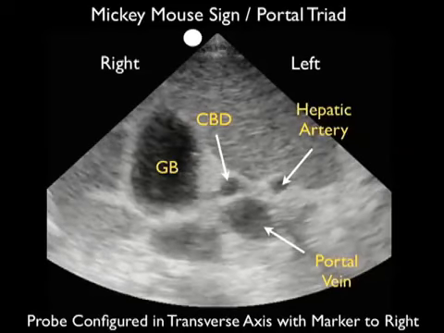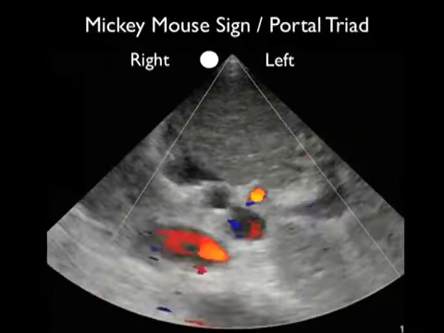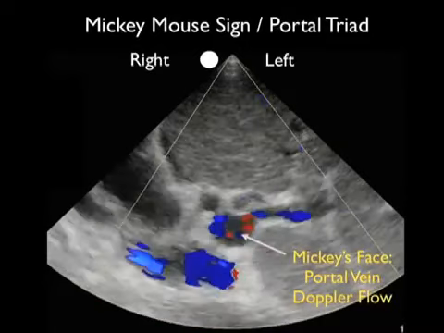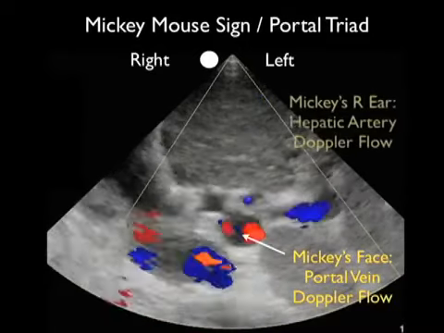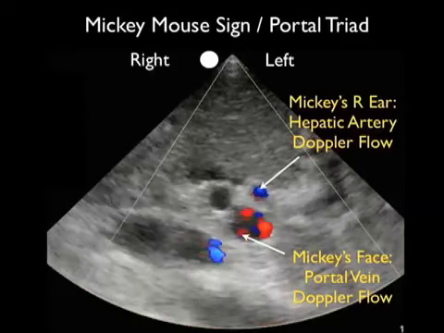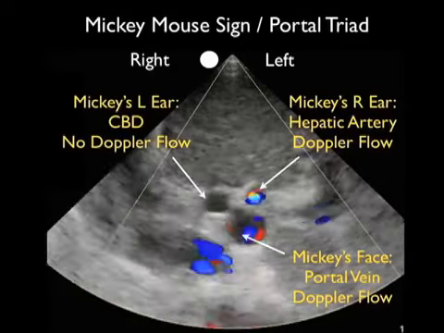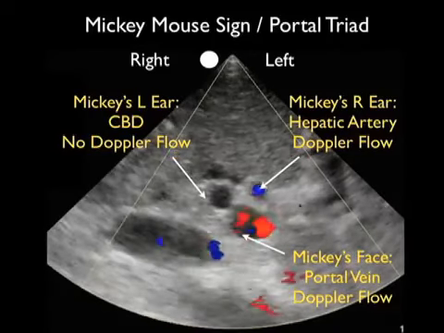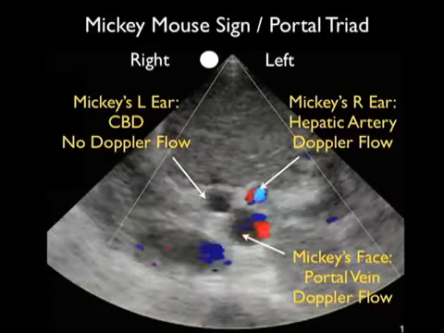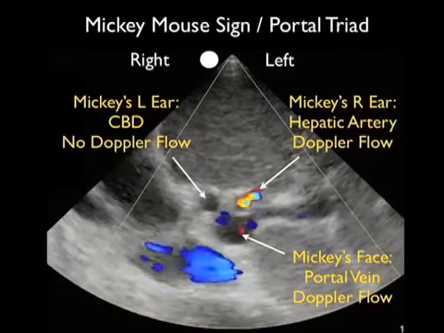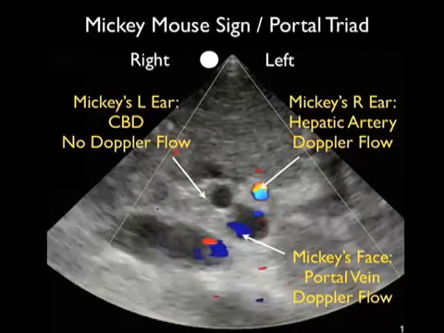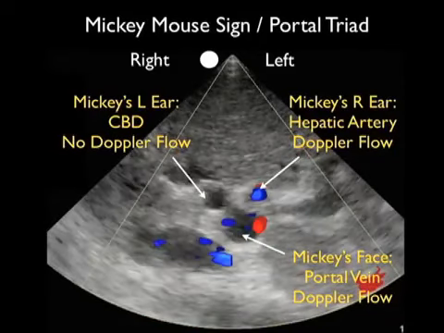the patient's right side. Now we can place Doppler sonography onto the Mickey Mouse sign to further delineate the structures, and we see that the portal vein making up Mickey's face, the posterior-most structure of the portal triad, will actually light up with Doppler sonography. We can also see that Mickey's right ear, the hepatic artery, also has Doppler flow on Doppler sonography. However, the common bile duct, Mickey's left ear, fails to appreciate any Doppler flow due to the sluggish flow within